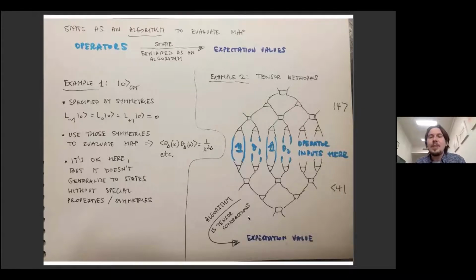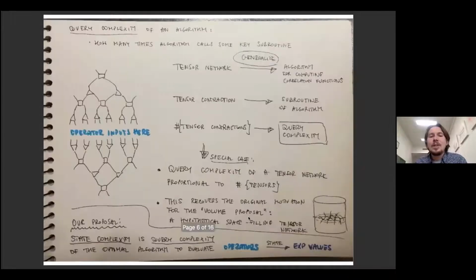Yes. So I want to take this example and take it very seriously, but on an inspirational level. In other words, I want to imagine that every state is an algorithm of some type, but maybe it's not actually a tensor network. So take all the things I just said about tensor networks and try to generalize them a little more broadly. Instead of committing to a tensor network, let me just imagine that the state is defined by some algorithm for computing its correlation functions.